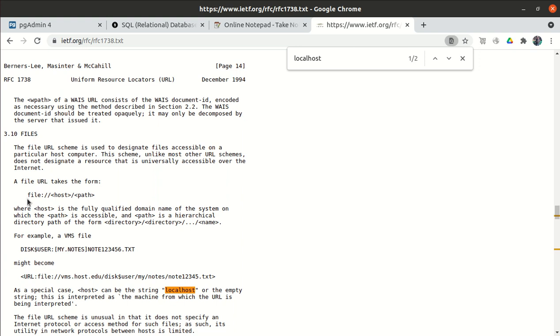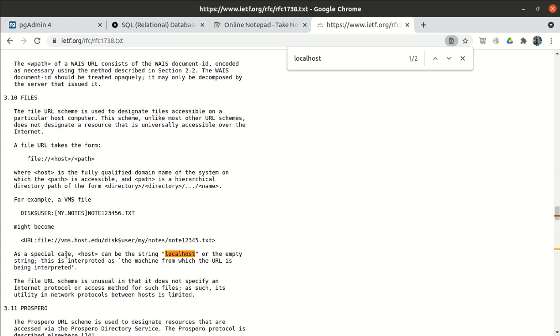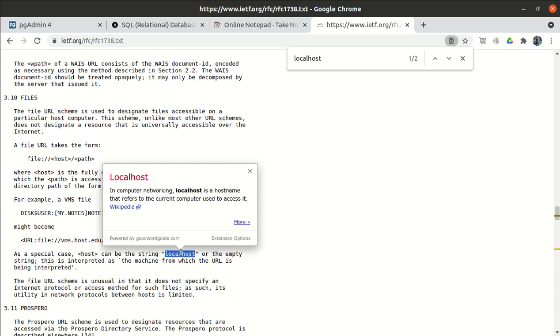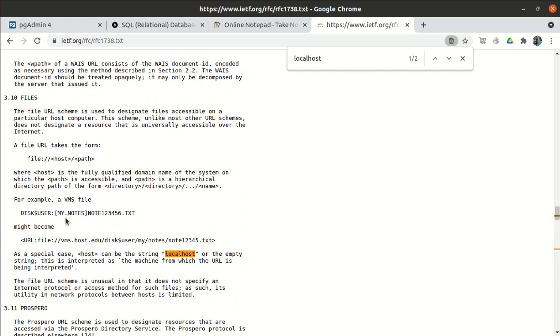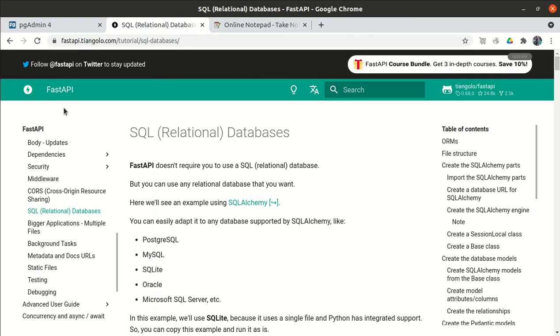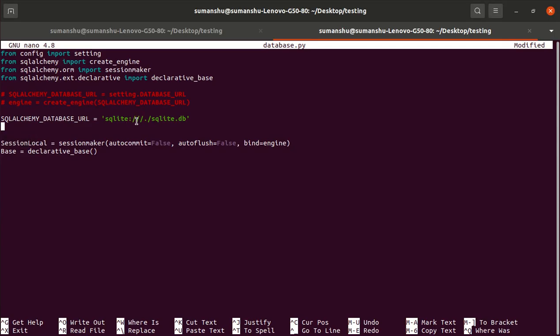If you could see, these are the file URLs. So a file URL is basically file:// host and then whatever the file name, right? Here our host is localhost. If it is not localhost, then we just use two slashes, but if it is localhost, then this host will be replaced by the localhost keyword. But we will not put localhost as a keyword, so that's why we put three slashes. Okay, so I hope it is clear why we put the three slashes.